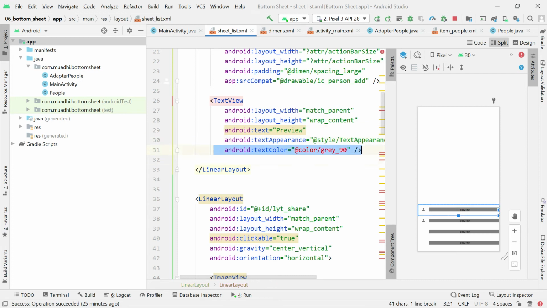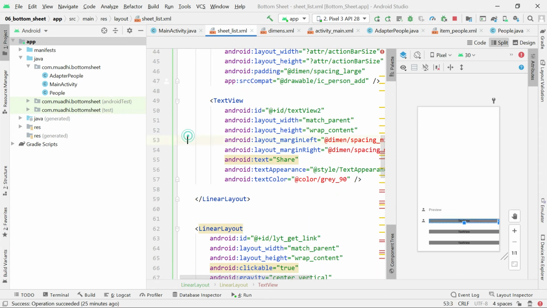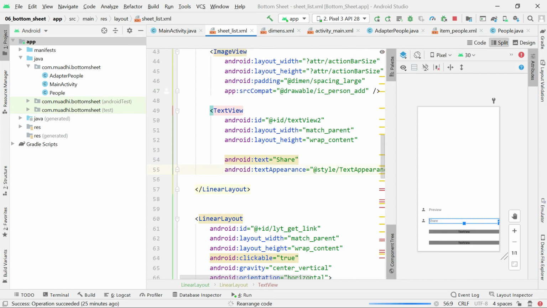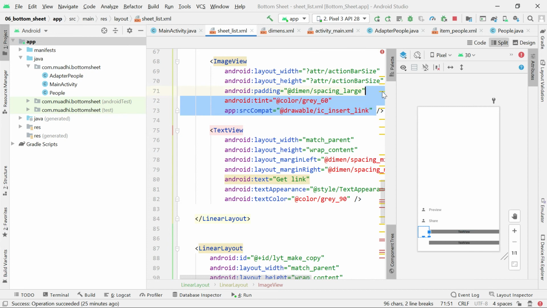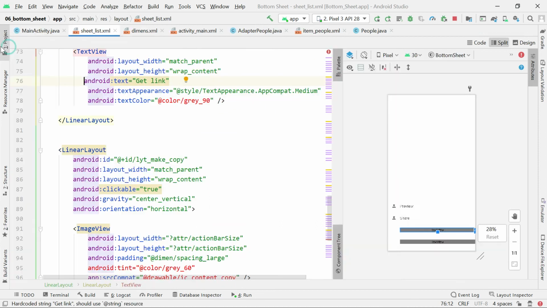So that's the layout that the user will see when they expand the bottom sheet. So that's what I'm trying to make here. Okay, so that's it. I can collapse here so you can see clearly.